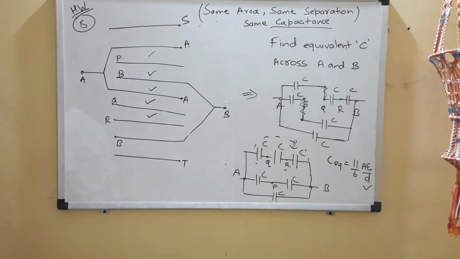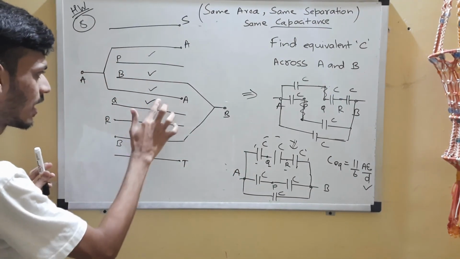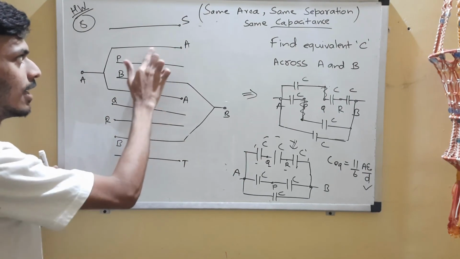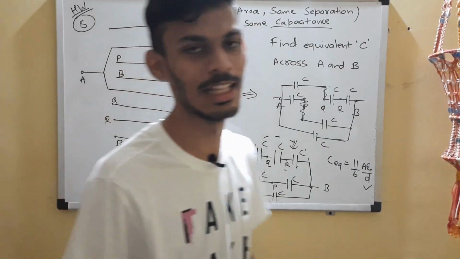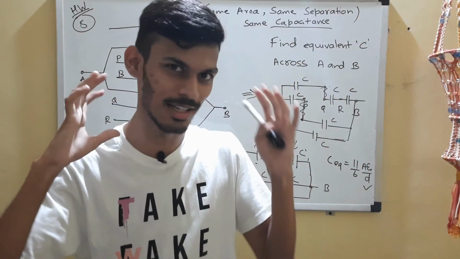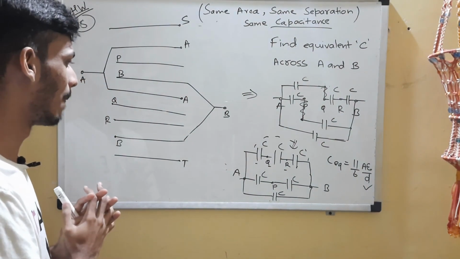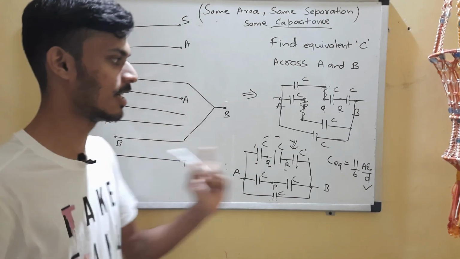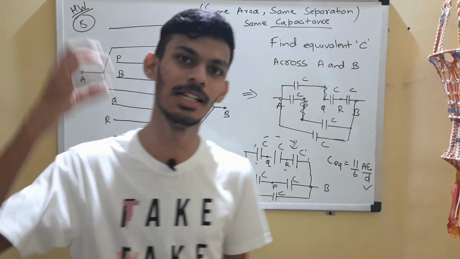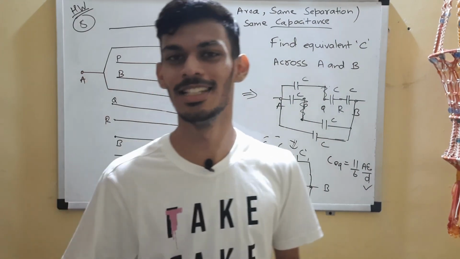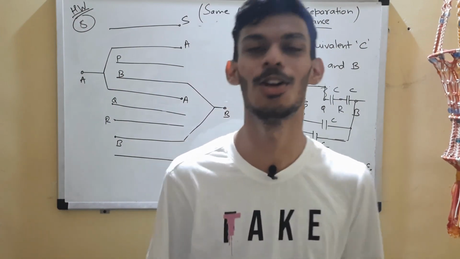You are supposed to tell me if the capacitance in this case will change, or will it be the same as this? This is something that you will tell me in the comment section. Now, this question requires a little bit of thought process, so do try it out. Do tell me if the answer is the same as 11 by 6 A epsilon naught by d. If the answer is the same, comment same and tell me why. If the answer is different, comment the different value that you get. So that is your homework question.